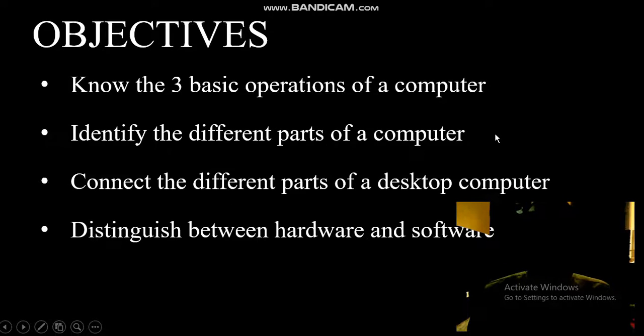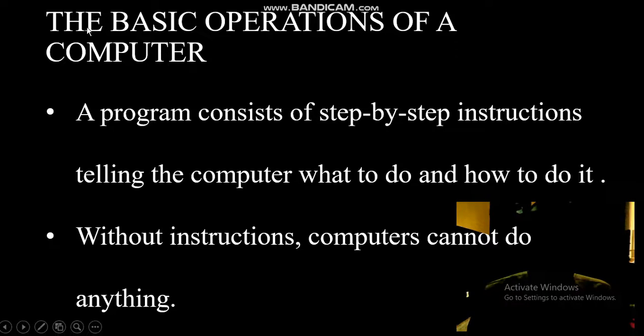So the objectives of this course are to know the three basic operations of a computer, to identify the different parts of a computer, to connect the different parts of the computer or the desktop, and to distinguish between the hardware and the software of the system. The basic operation of the computer, and a program consists of step-by-step instructions telling the computer what to do and how to do it. So in the computer there is a program that tells the computer what to do and how